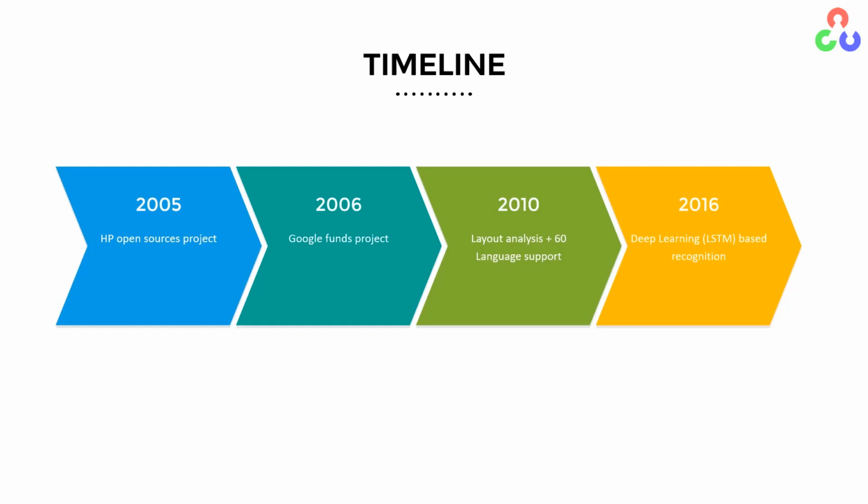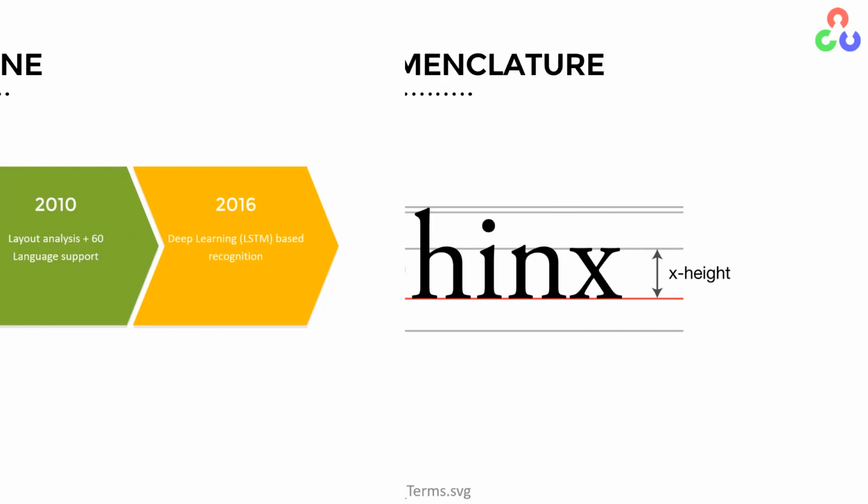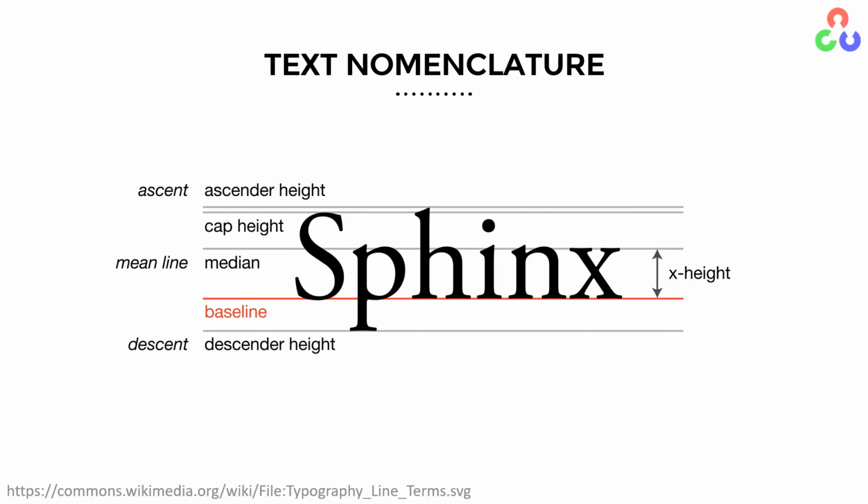Before we understand the OCR pipeline for Tesseract, let's understand a little bit about text and fonts so that when we refer to things, we understand what we are talking about in the pipeline. So this is some regular text in some font. There are a few important things in this font. This line here, the red line, is called the baseline. It essentially connects the lower end of all the characters except for the ones that extend to the bottom.